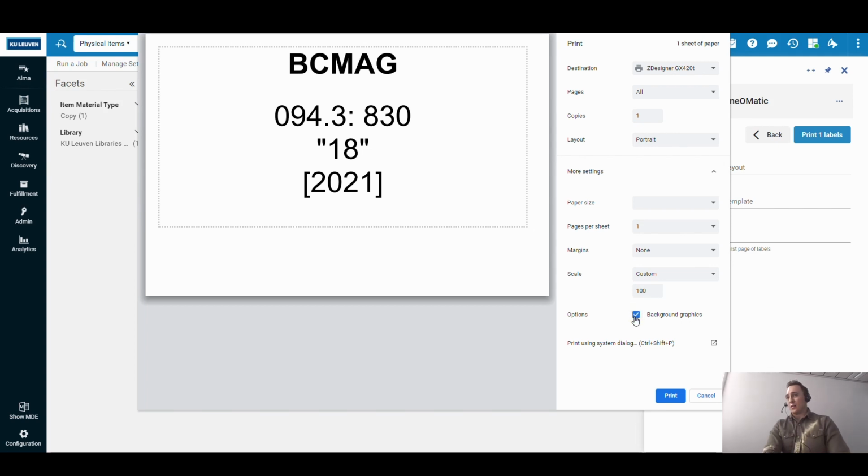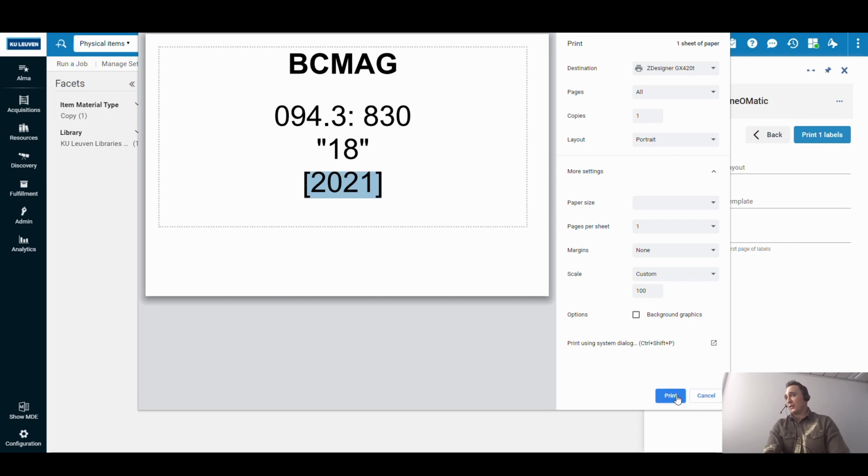Usually I click the option to not include any background graphics. I set margins to none, and then I see here the preview of what is going to be printed, and I know based on the grid lines where this content is going to be printed. So ideally I would like to have bigger font for the label prefix and the call number. You can see here that each subfield from the call number is displayed on a different line, and this is based on the other option, the special formatting that I have applied before. And then I can just choose to print my label.